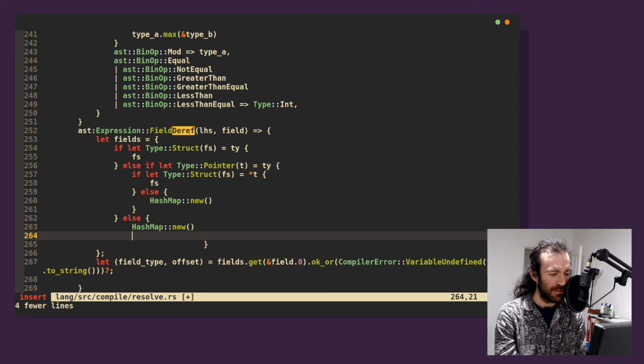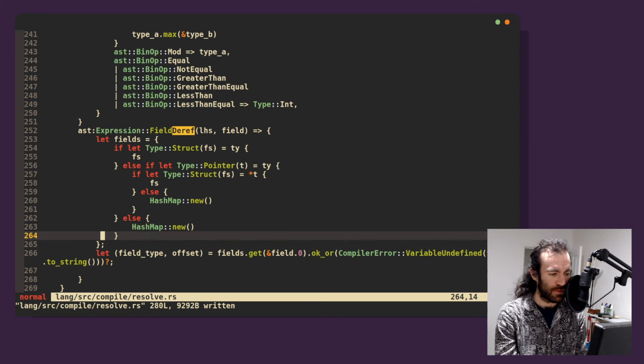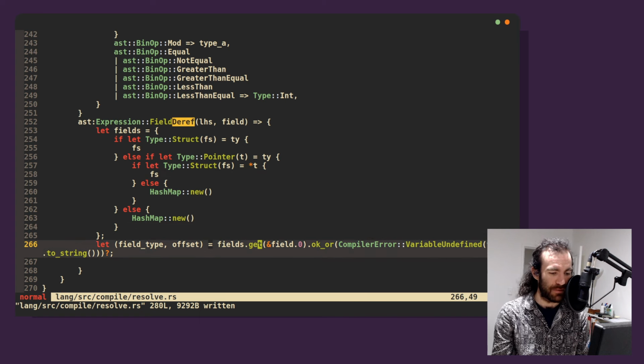Because then it'll fail, and that's okay. The default is just an empty map, right? Because if we don't have any fields, then this will fail. Now what we want to say is,